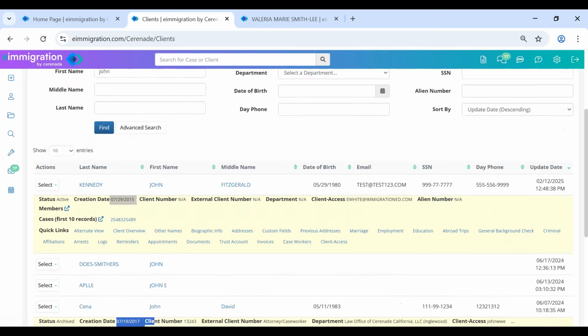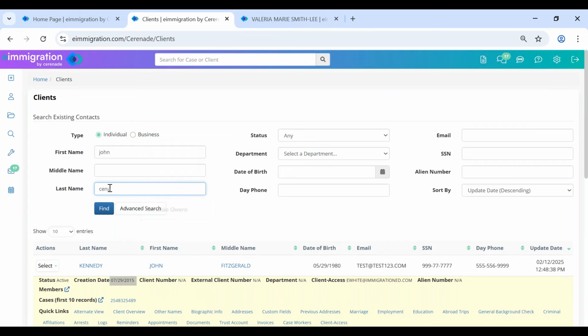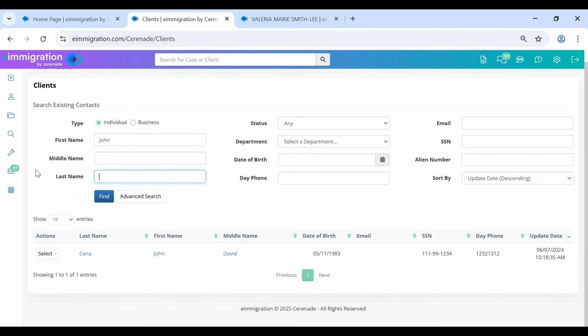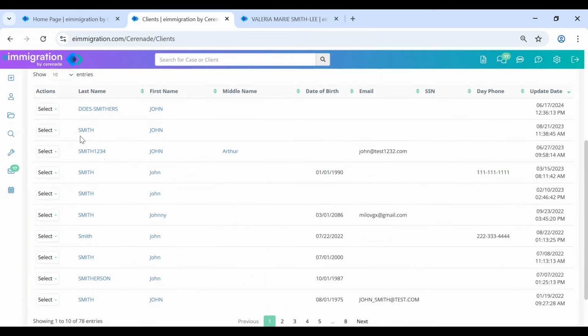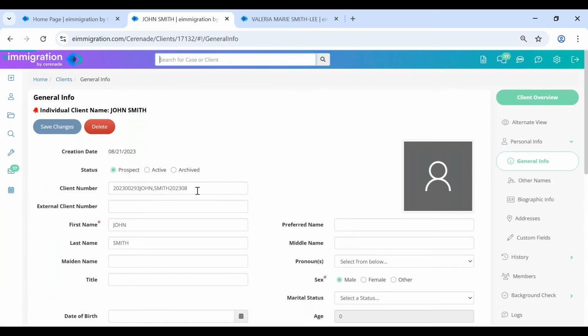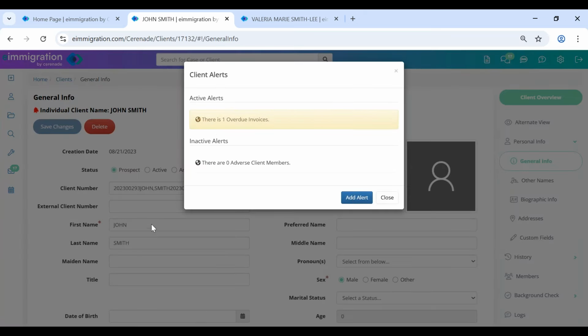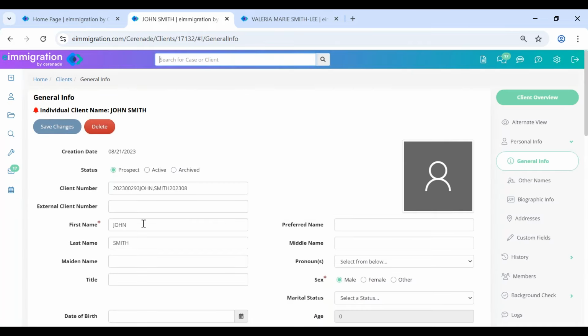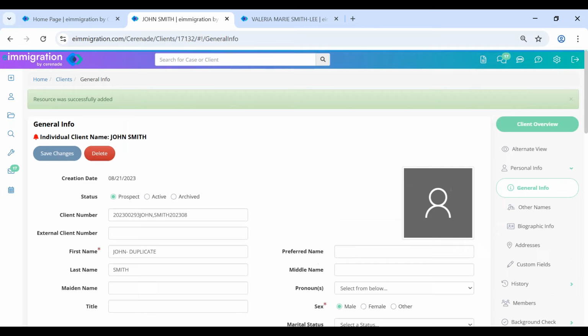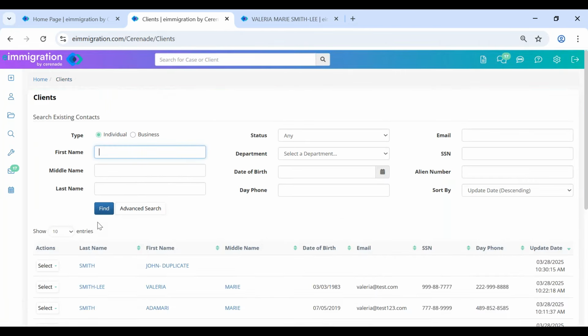Maybe I should have done, let's say, okay, this is better. Once I confirm which John Smith I need to delete, I'm going to click on that profile and label it like this. I'm going to put something like John duplicate. The reason why I suggest this is because the paralegal could have sent, let me do it one more time,